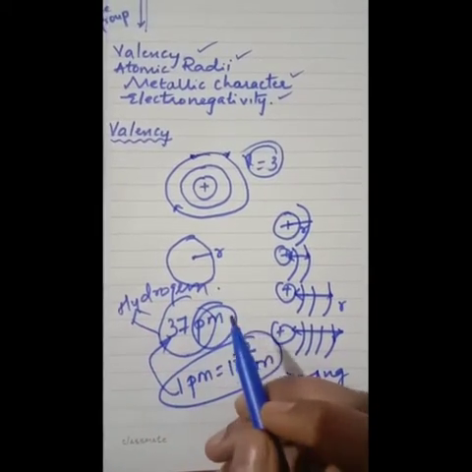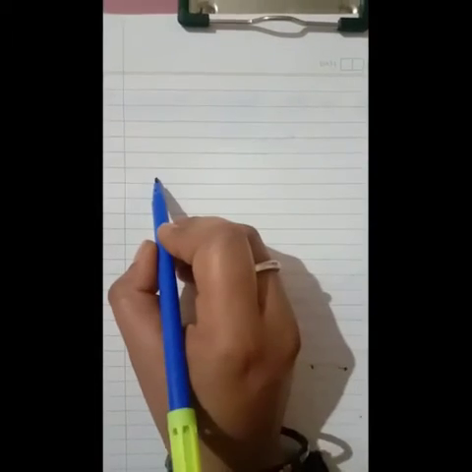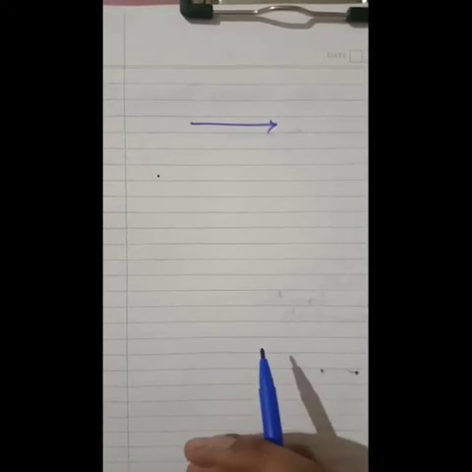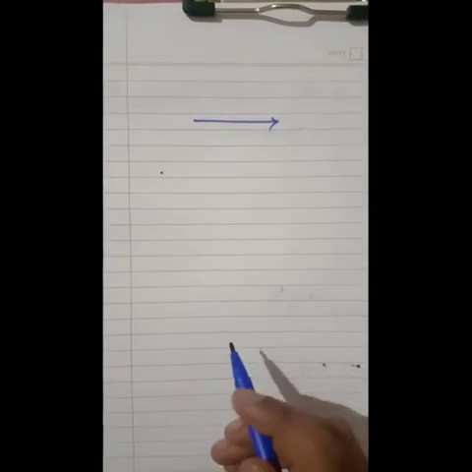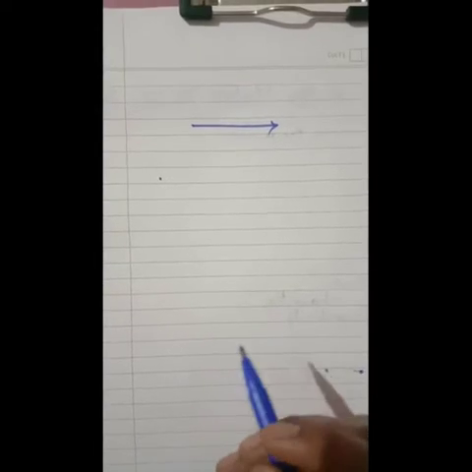Okay. So you know atomic size increases down the group. Atomic radius decreases in moving from left to right. If it is moving left to right, is it across the period or down the group? It is across the period. Okay, so this is due to an increase in the nuclear charge.